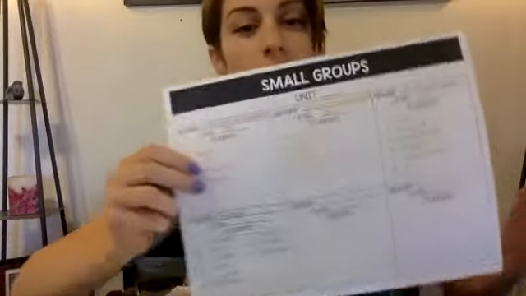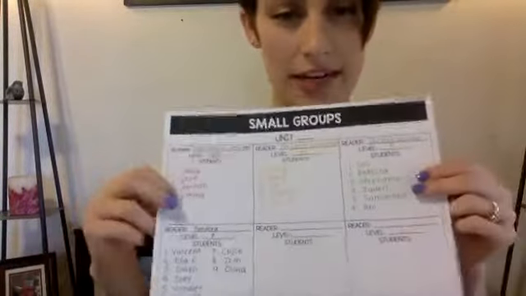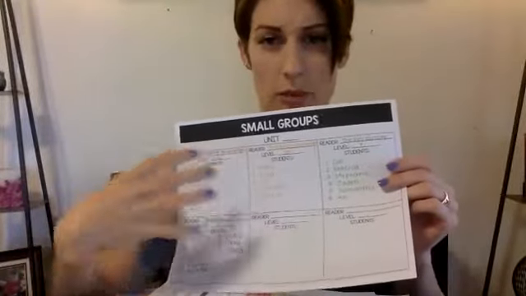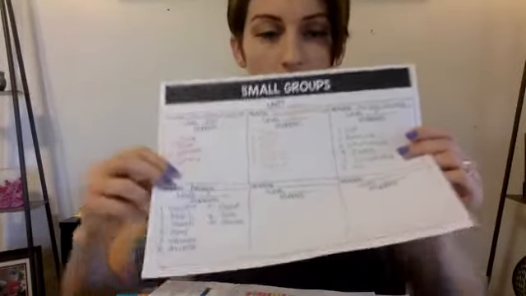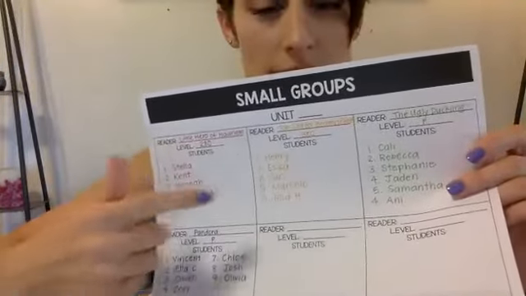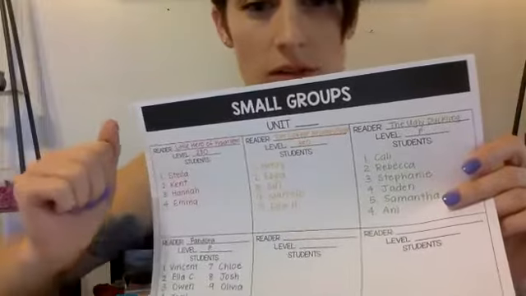So I previewed all the books with my grade level, and we decided, based on the levels that were represented in our class, we decided on these readers. And that's where this came in handy. That's why I added this later to the download, the file, because I thought I need something to make this a little bit more clear. So I wrote down the reader that I was using, the level, and then the students that I want based on their Lexile level.